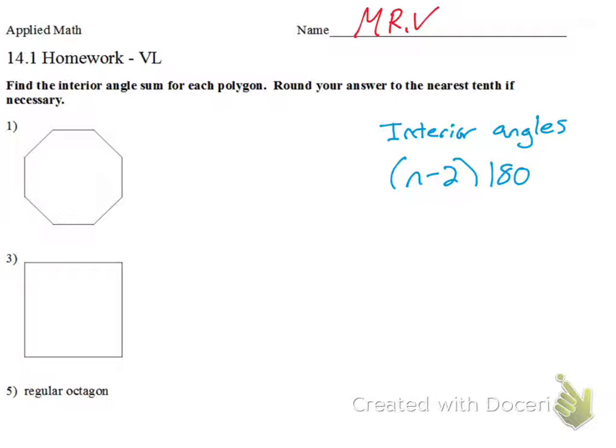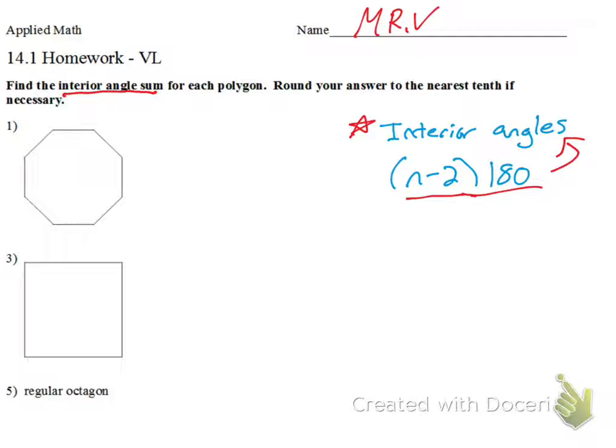All right, so inside a polygon, the interior angle sum. That's what we're looking for, the interior angle sum, and that's just the sum of all the angles on the inside added together. So we can find this using this equation right here. It'd be the number of angles minus 2, times 180, is equal to the sum of all